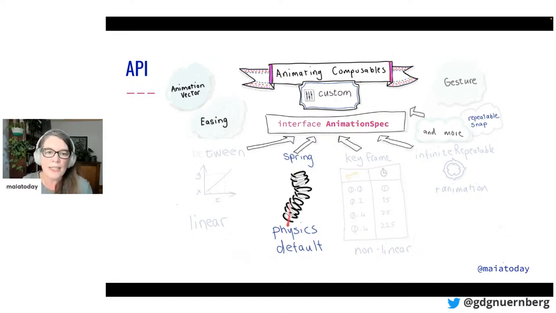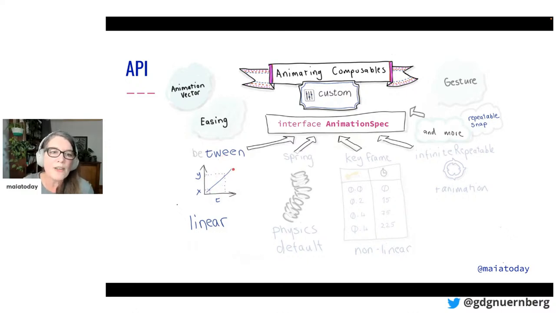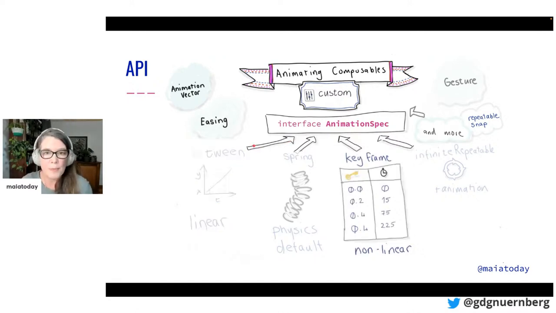If you don't set it, you're going to get a spring, which is a kind of physics-based spring. You can modify this, but the default is going to be a spring. If you don't want a spring, you can get an in-between. What we call a tween here is equivalent to the curve that you can add to a tween in Flutter. But you'll see that in the Flutter talk when we get to it. A tween here is a kind of curve for that animation spec, and a tween is a linear interpolation between two values.